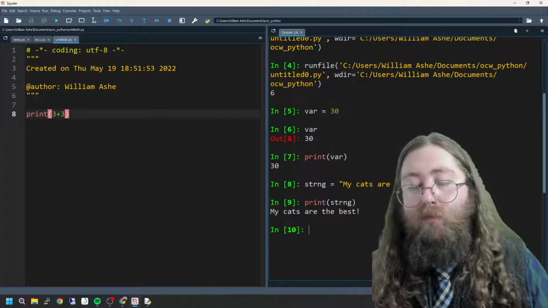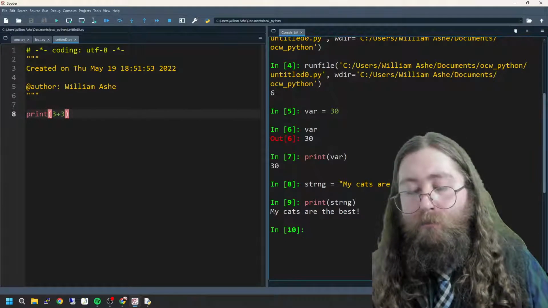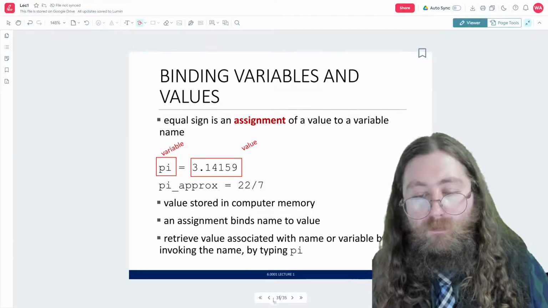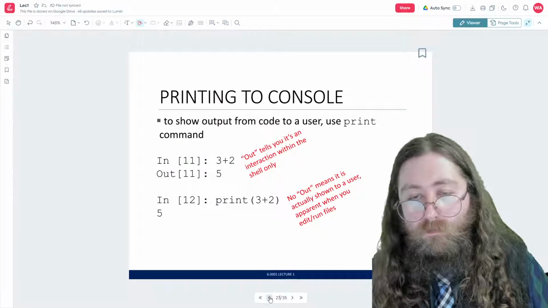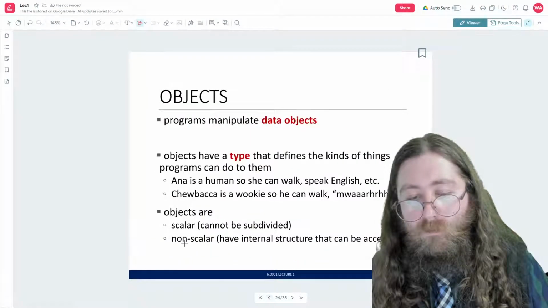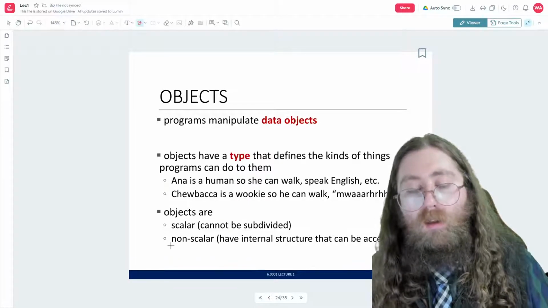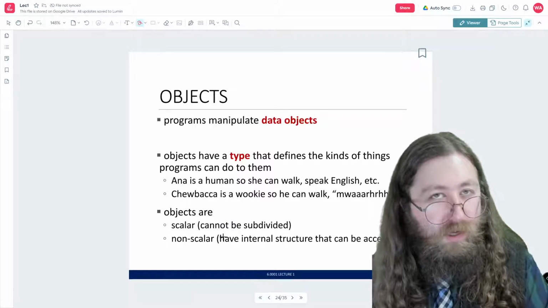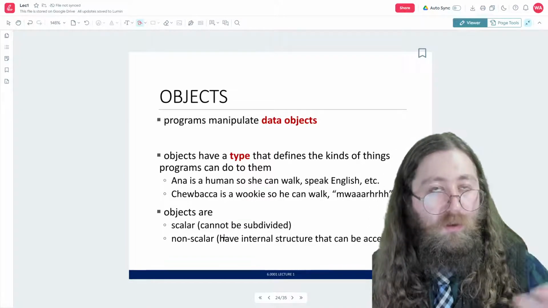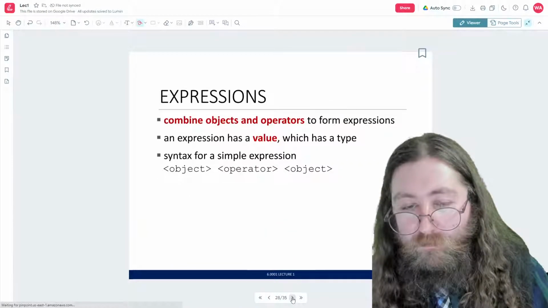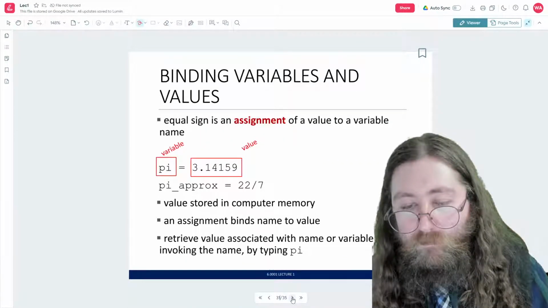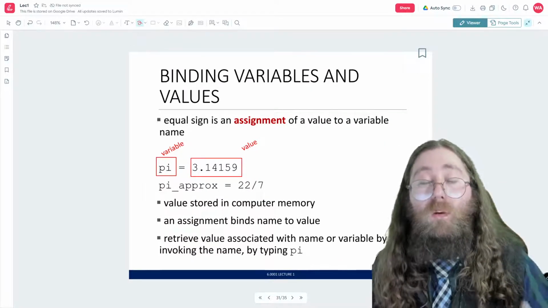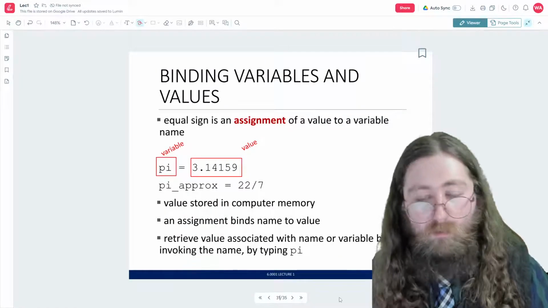Strings are an example of data that is, if we go back to the presentation, non-scalar. Okay, so strings are non-scalar. Each letter actually is a subdivided piece of that larger object. But anyways, we can use these variables to invoke a piece of data by their name, right?